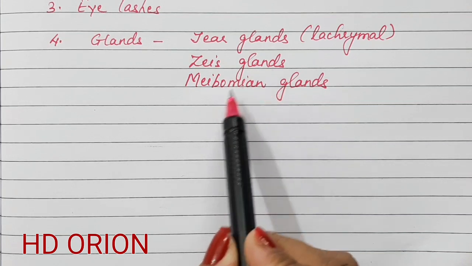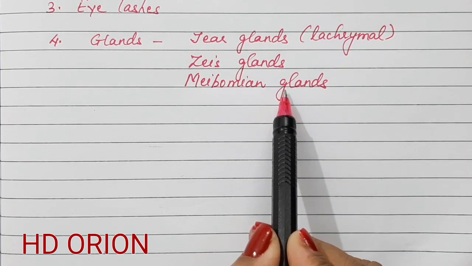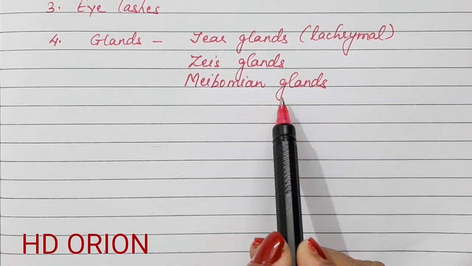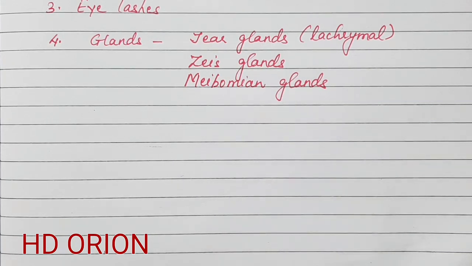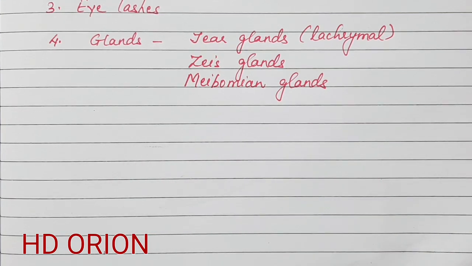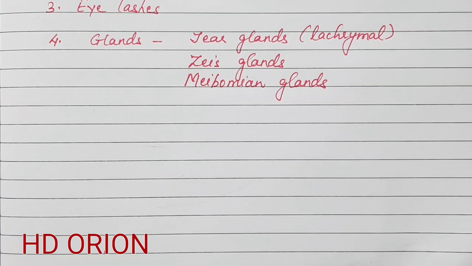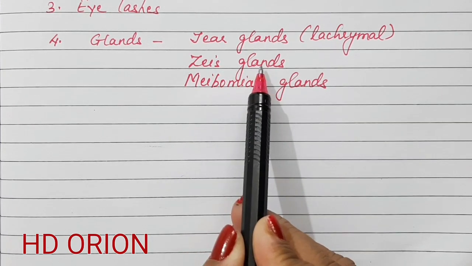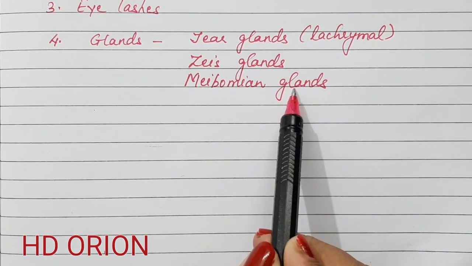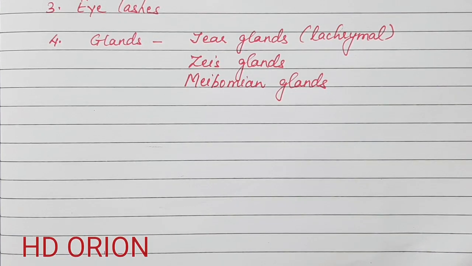The Zeiss glands and the meibomian glands are modified sebaceous glands. They secrete a sticky mucus-like fluid on the surface of the eye to prevent the drying of the eye. Whenever the eye blinks, this lubrication is spread on the surface of the eye, lubricating the surface as well as not allowing the eye to dry up. These are present in the eyelids, in the hair, because these are sebaceous glands, and sebaceous glands are associated with hair, and therefore they are present in the eyelids.